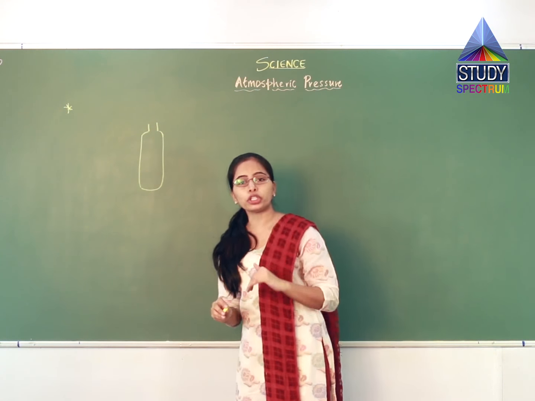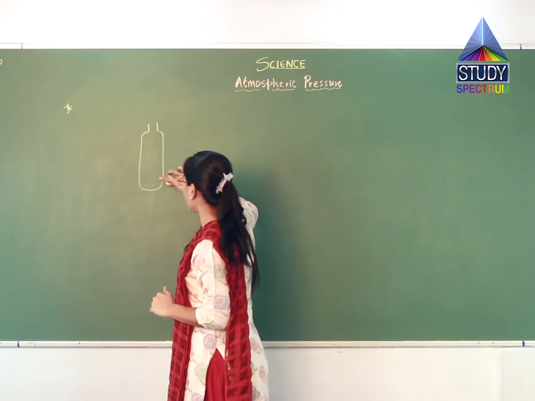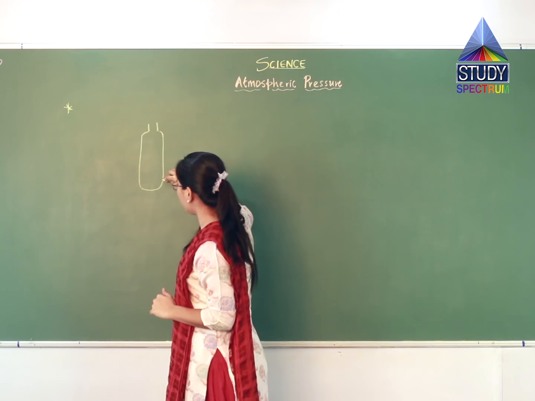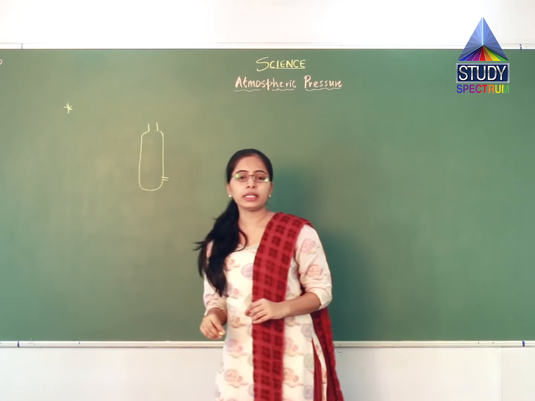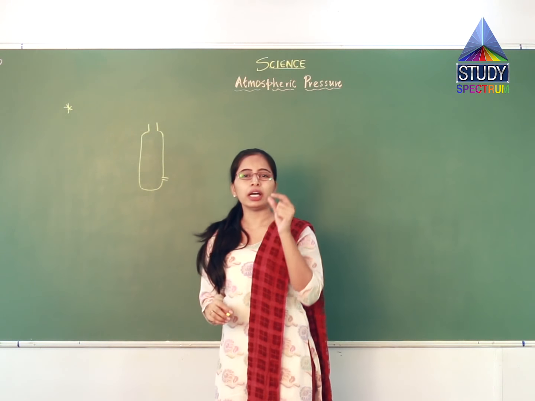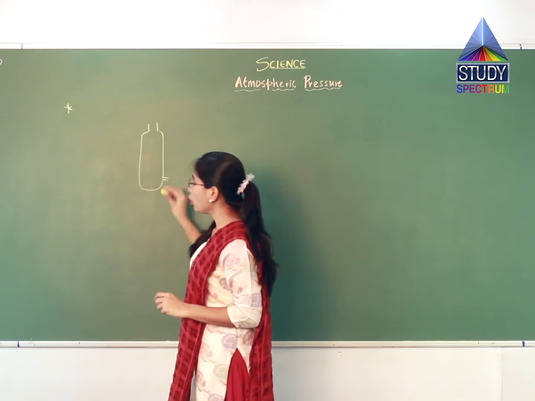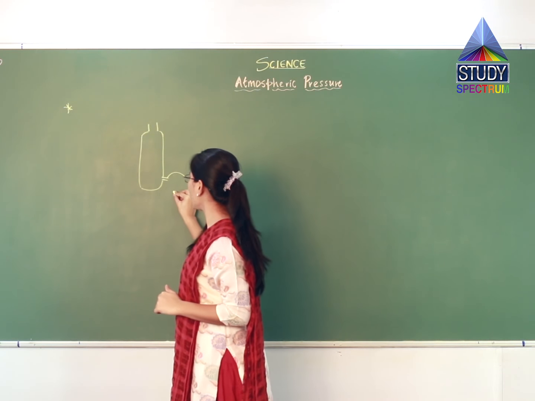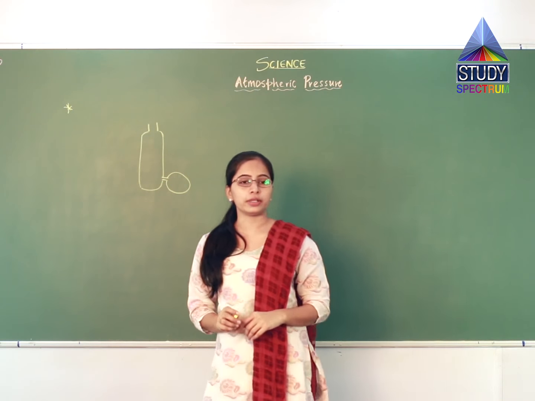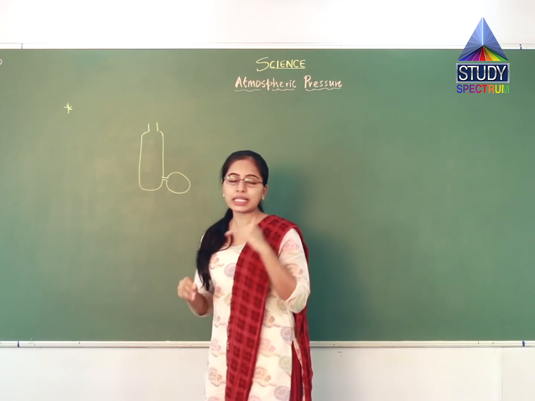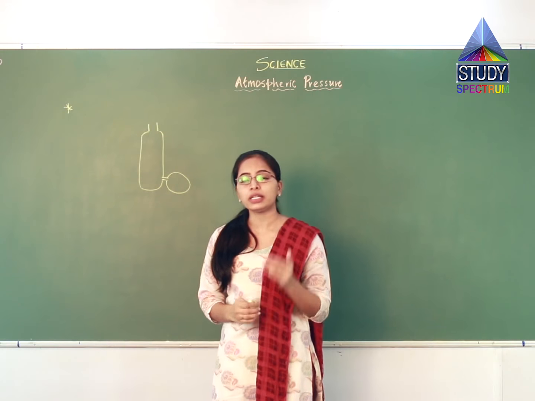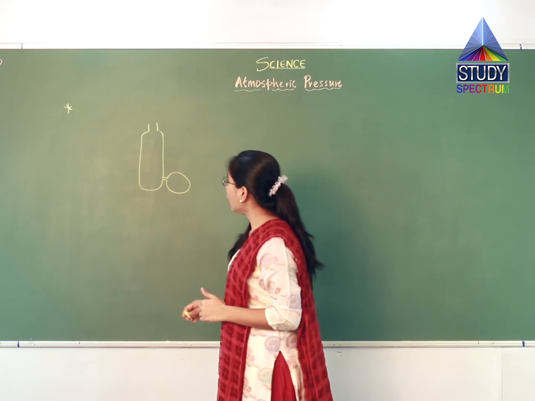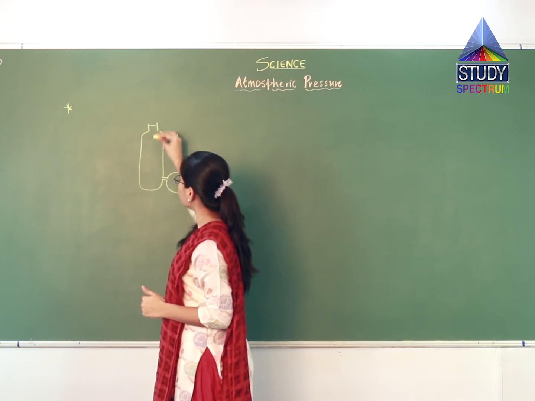Now at the bottom of the bottle you will make one opening and put a rubber pipe inside, and on that particular rubber pipe you will fit one balloon. Now at the starting of the experiment, your bottle was empty. Now you can fill it with water,